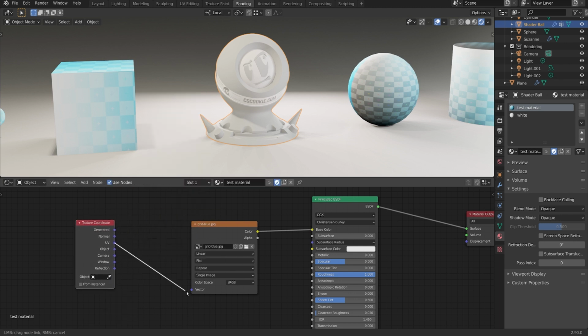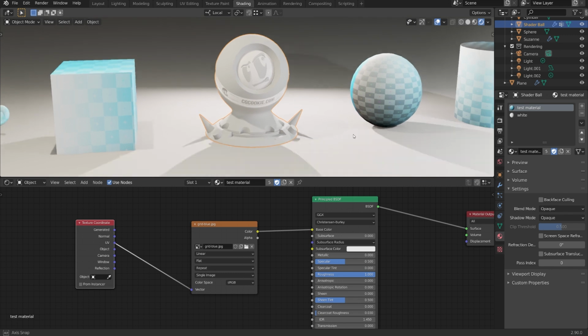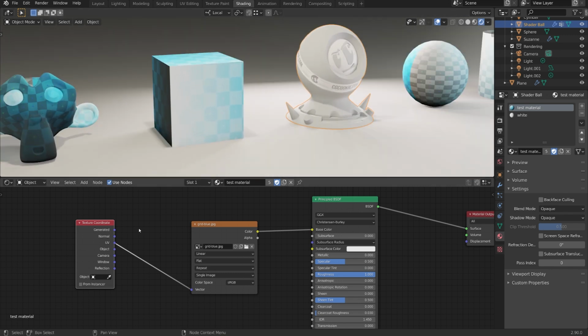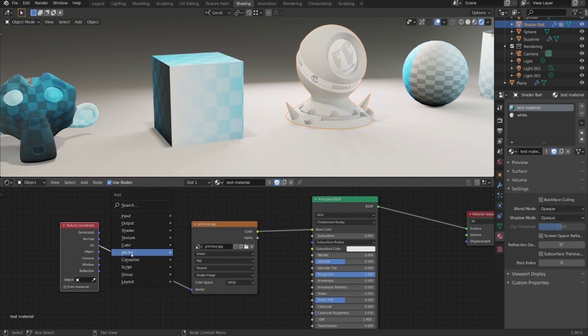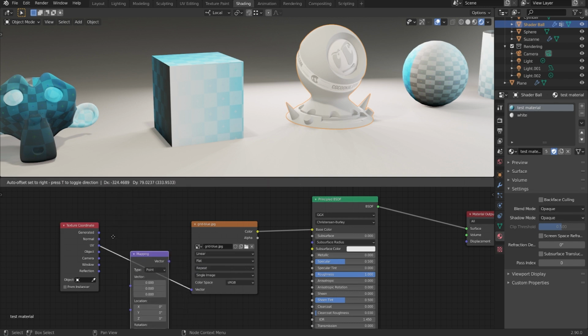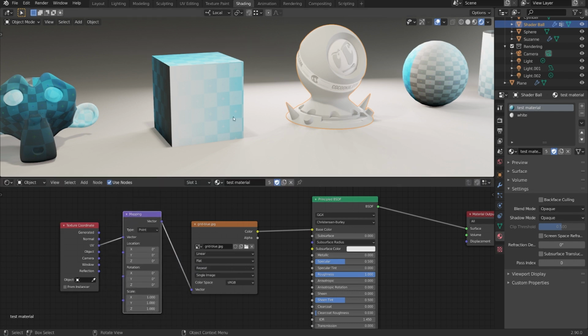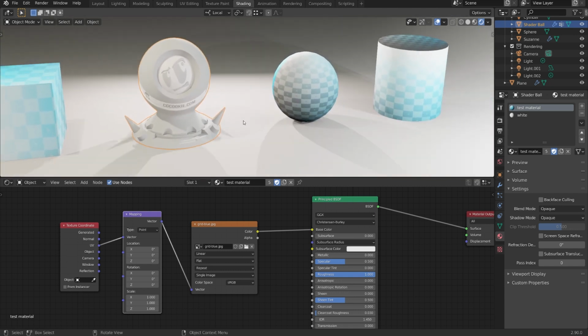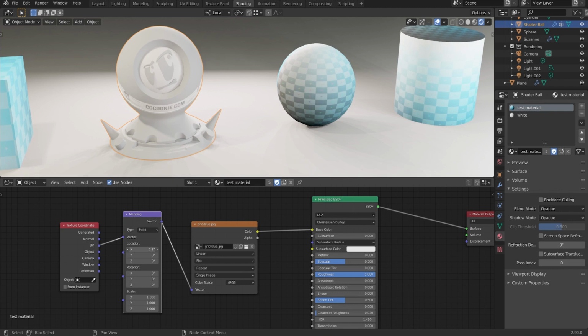If we plug in UV here, then we're not going to see any difference because that's already what it's doing behind the scenes. So a texture coordinate is just a set of directions that's telling this texture where to go. But of course, we can change those directions if we want. And we can do that with a mapping node. So let's go to Shift-A, Vector, because we're working with vectors, and Mapping. Drag and drop that right in, and we won't see any difference until we start changing around the location and rotation. So we can change the location here,